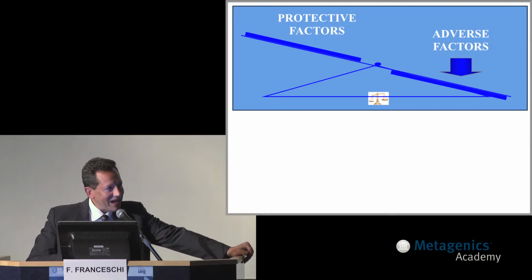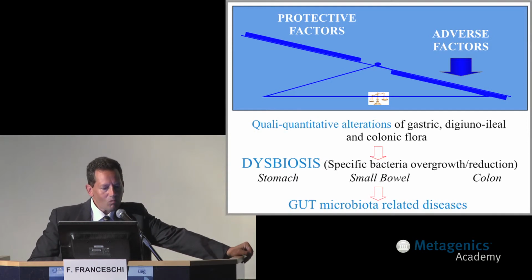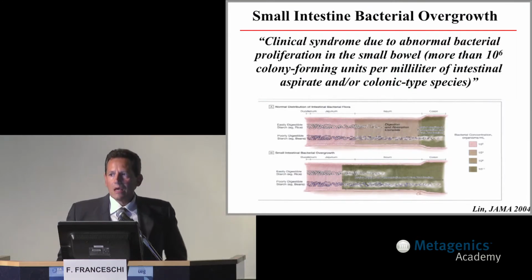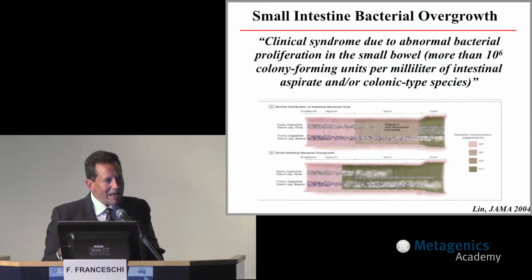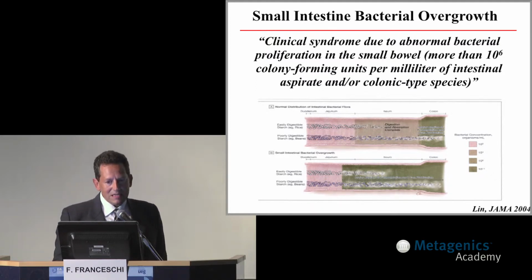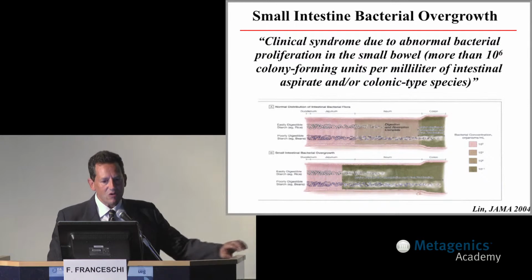When adverse factors overcome protective factors, we may develop a situation called dysbiosis, which may lead to gut microbiota-related disease. So what is the main condition caused by dysbiosis? It is SIBO, small intestinal bacterial overgrowth,